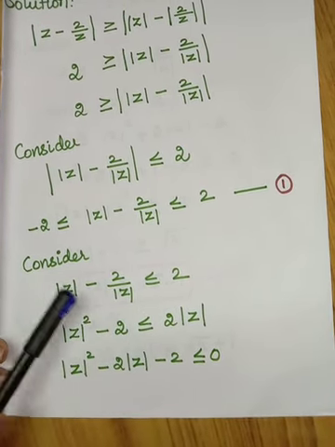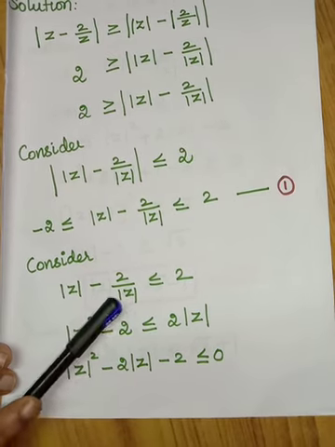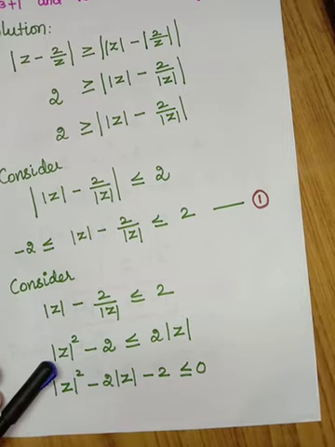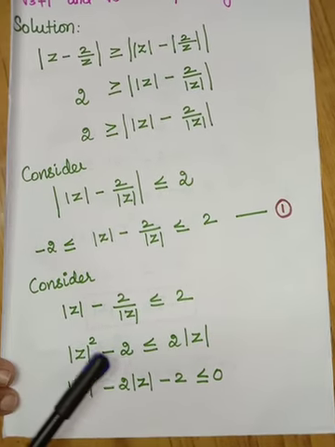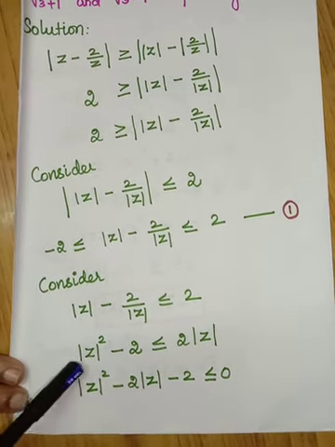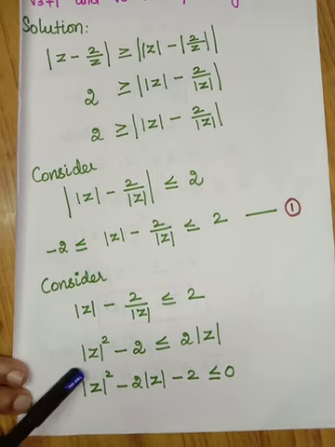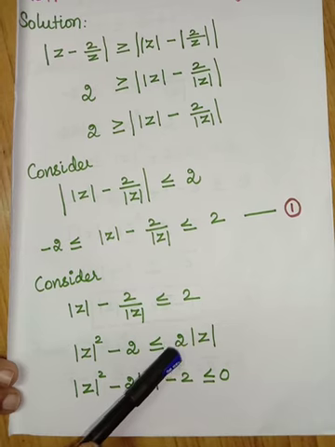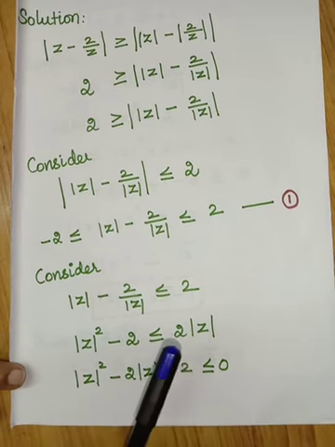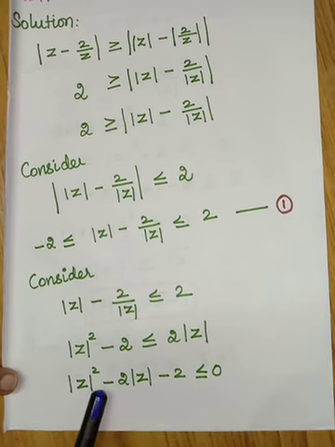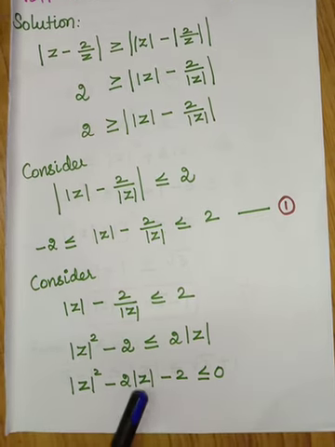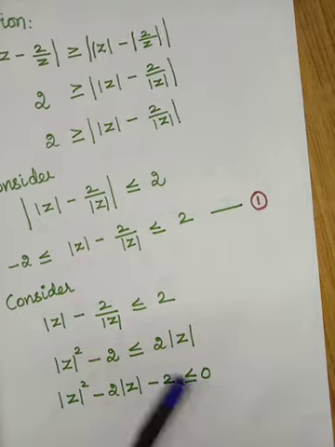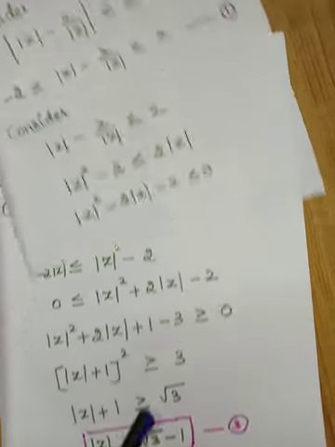Okay. Here I am going to take LCM. So, what is the LCM? Modulus of z. So, when you multiply, it will become modulus of z the whole squared minus 2 by modulus of z. So, on the denominator modulus of z, I have written here in the right side. So, it will become 2 into modulus of z. So, bring this term to the left side as minus 2 modulus of z minus 2, which is less than or equal to 0. Okay, look at this.